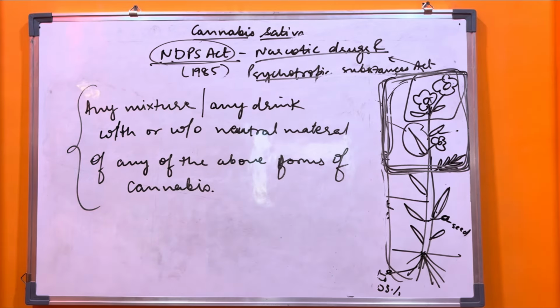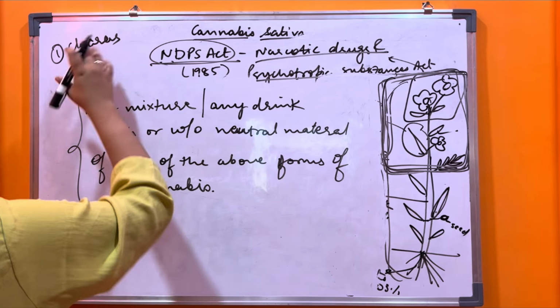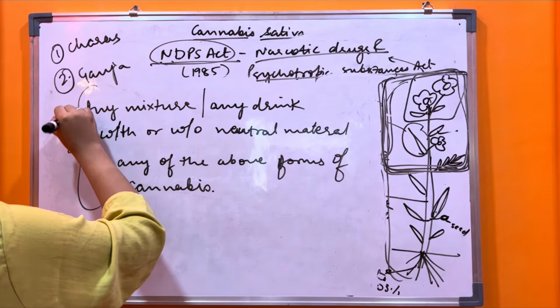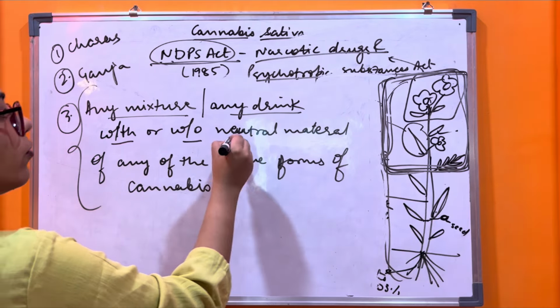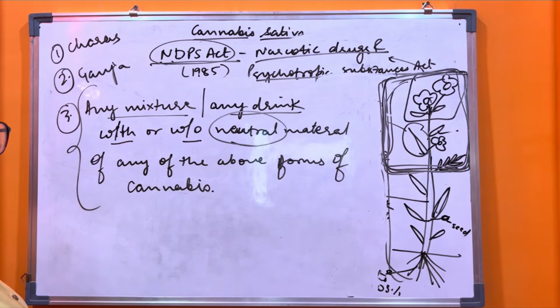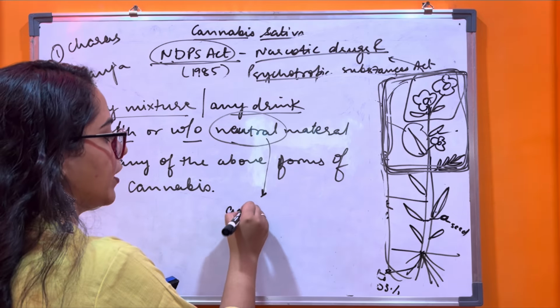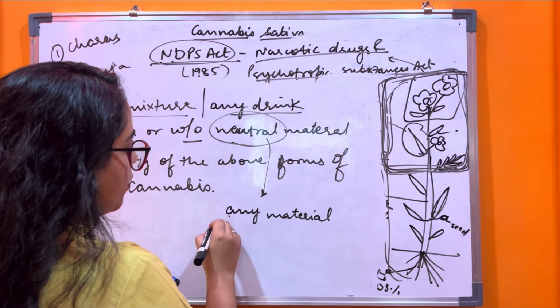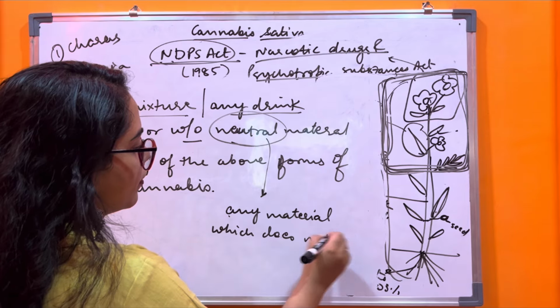So we know that the first point we talked about was charas in the NDPS Act. Second point we talked about ganja. The third point states this: any mixture, any drink with or without any neutral material. Neutral material means any material which does not have